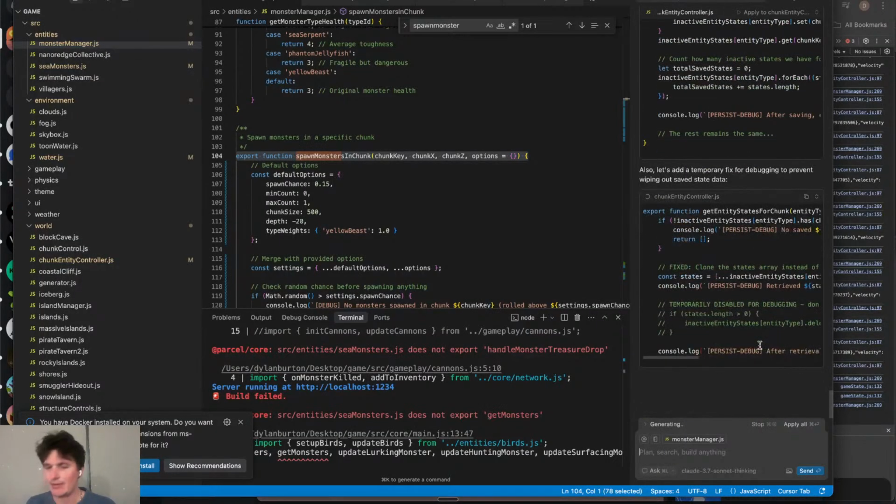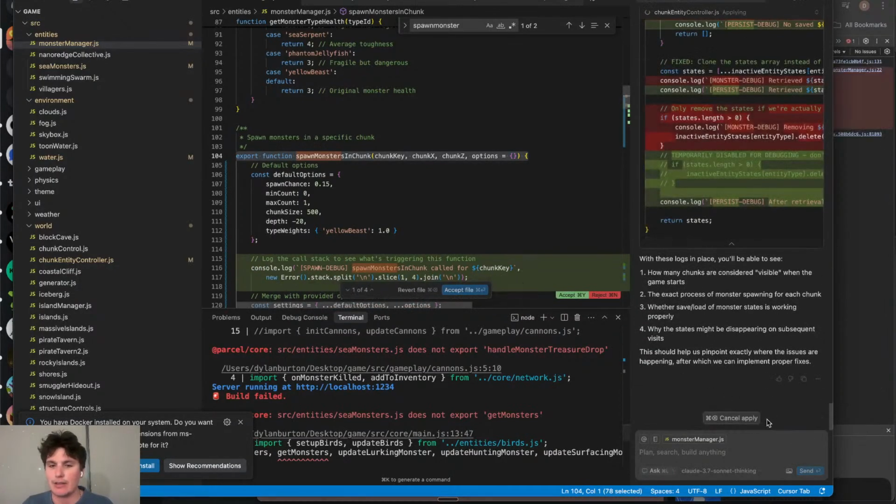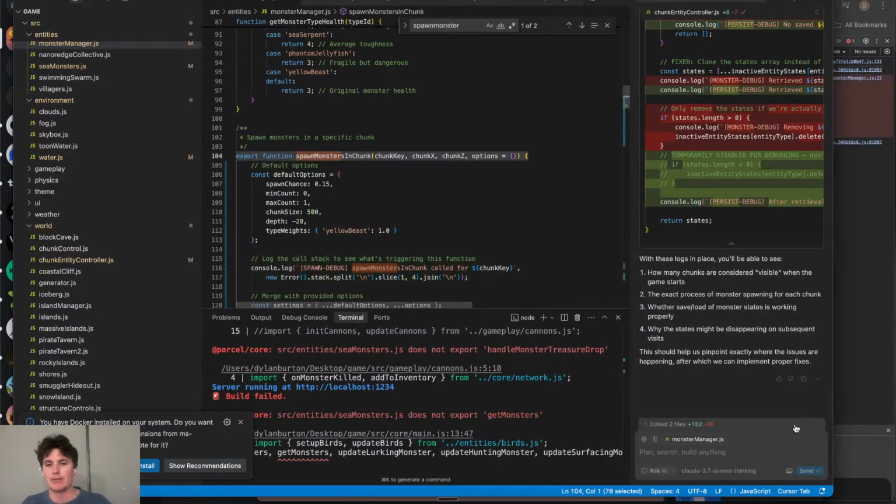See, this approach is just kind of adding a bunch of prints, so there's like no attempted solution. So I actually don't really like this prompt very much, to be honest,